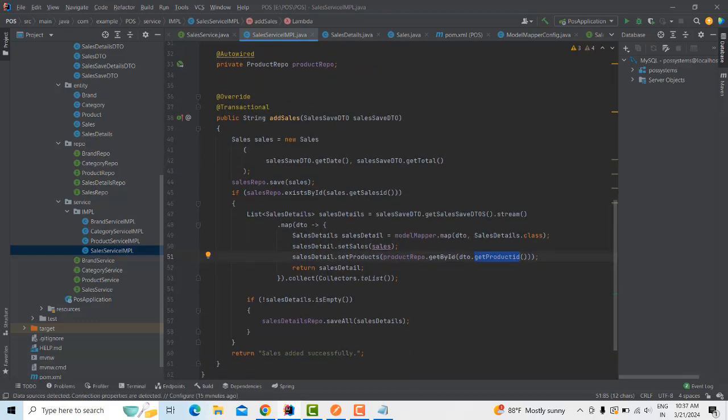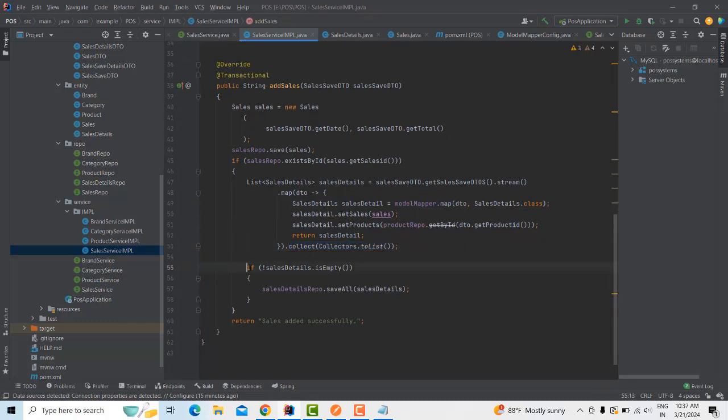If it exists, all things are done. Now it will be registered as a record. All things are collected as a list. After that, what I did here is: if sales detail is not empty, then, because it's not saved yet and we have a collection of records,